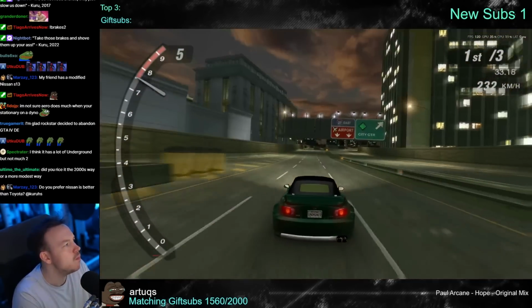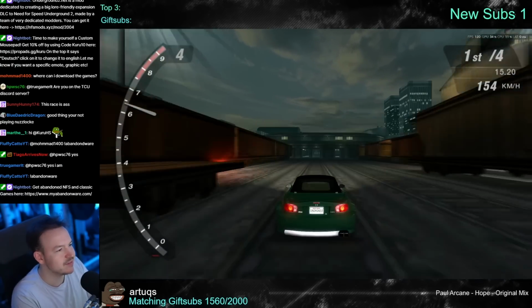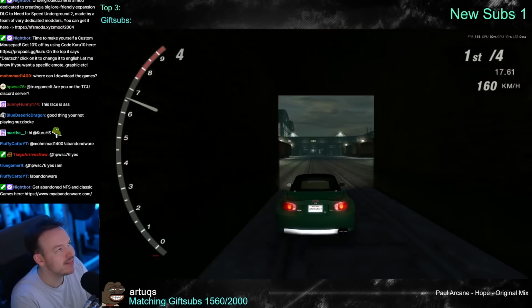Ah, Nissan. Can someone explain to me why it's called underground2.net? Was it just to promote the website that they have, or